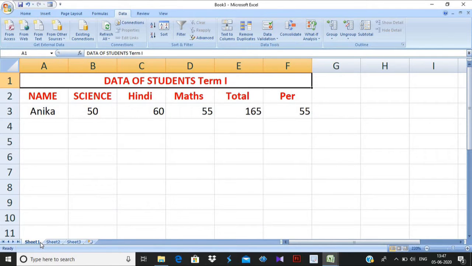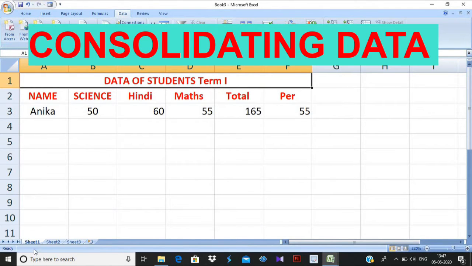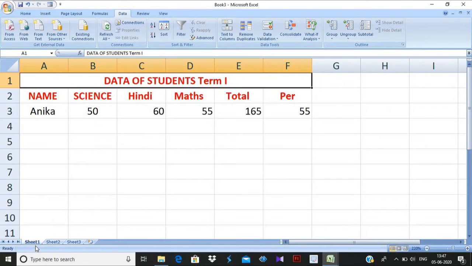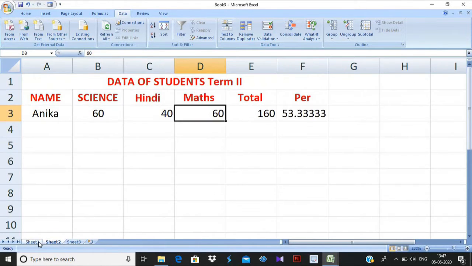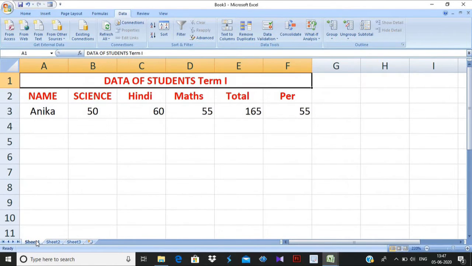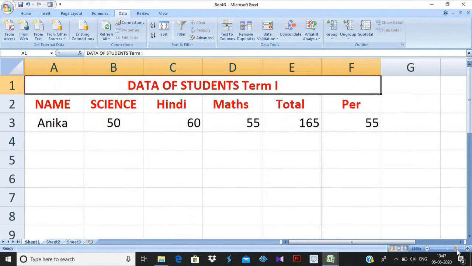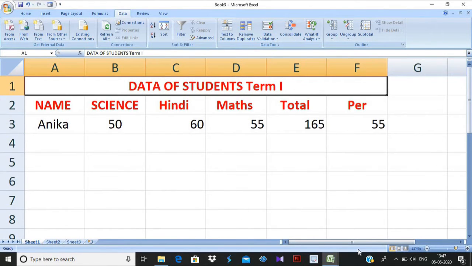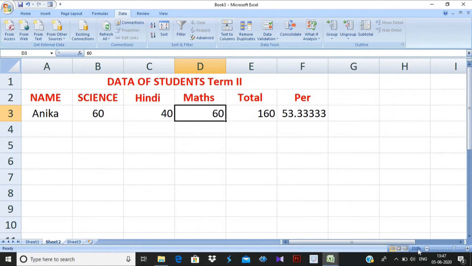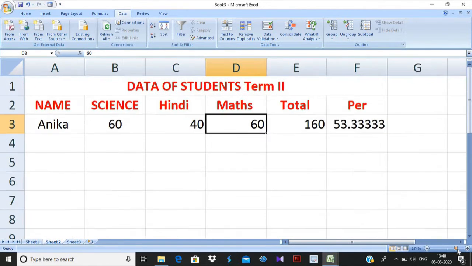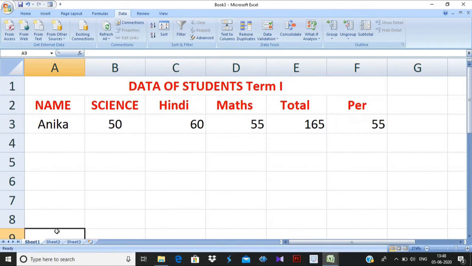Okay, now the next topic is consolidating data. Consolidating data means when you group two or three sheets and want to add the data of the first sheet and second sheet in sheet number 3, how will you do it? Suppose I give you one example. I am taking only one student.